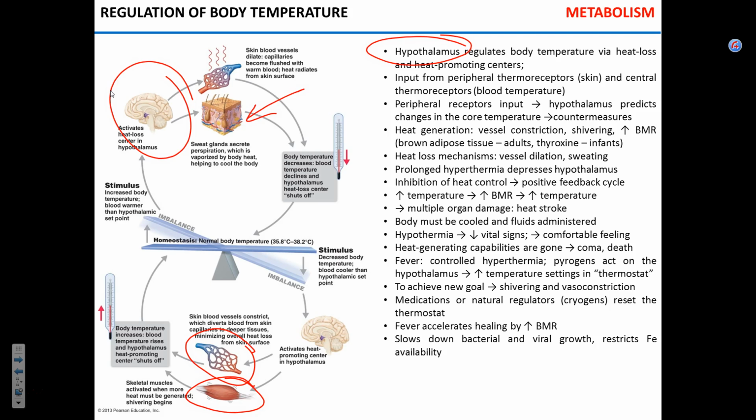Sweat and blood vessels in the skin will dilate, dissipating the heat. Does that make sense to you? Actually, cooling down